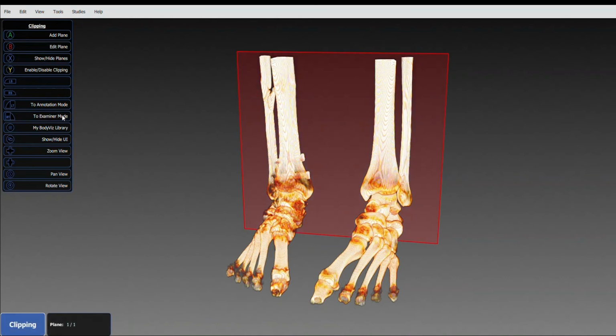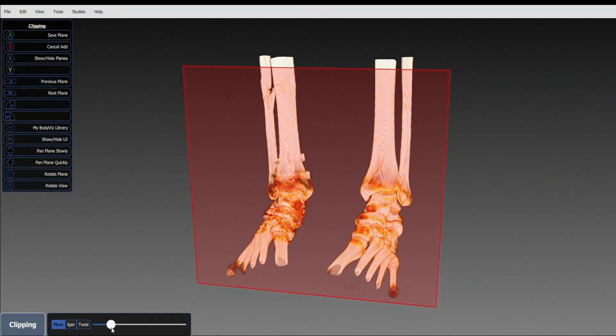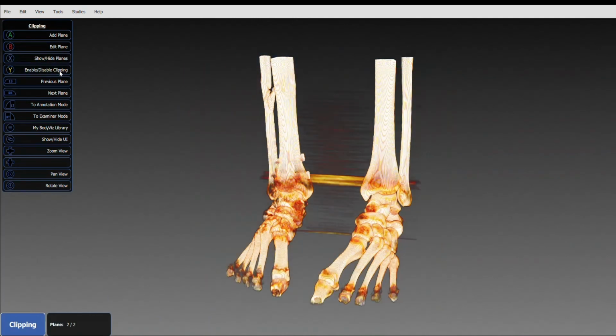We'll start by clicking the top Add Plane button, and doing so brings us into a submode menu. Click on the next plane or previous plane buttons to cycle through the different planes to clip. For clipping mode, there is an additional slider bar in the bottom mode menu to complete the clipping action. To use the slider bar, simply click on the white dot and drag. There are many functions to click through within each mode, so refer to our mode tutorials for an in-depth look